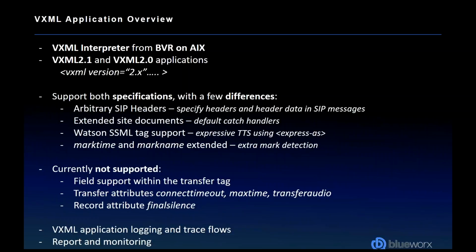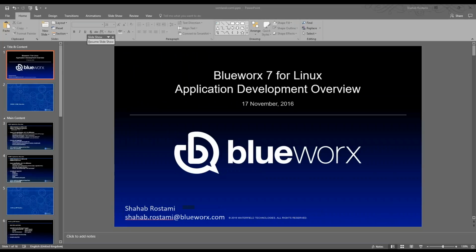Other than that, the last one in terms of differences is the mark time and mark name property. Now, this is quite a small part of the spec, but we've extended it to make it a bit more powerful. These properties can be used to help pinpoint barge-in detection during prompt playback, and this is what the spec recommends. Mark name provides the name of the last executed mark before barge-in occurred or the end of audio playback. And mark time, as some of you may know, is the number of milliseconds that has elapsed since the last mark was executed. As I said, the spec only requires this to be set for audio output, but we've added the option for this tag to be applicable